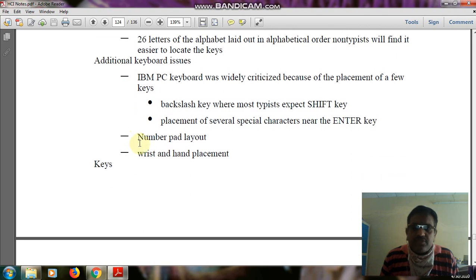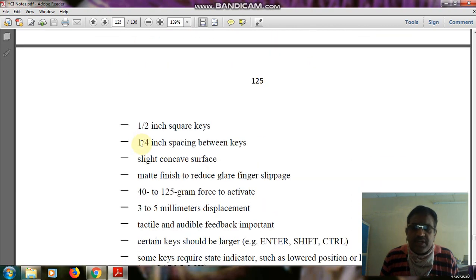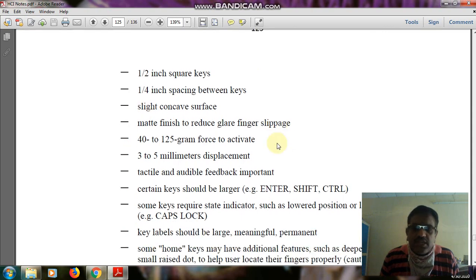So plenty of things are available in the particular format, and there are properties given for keyboards manufactured by IBM. IBM follows some principles and rules for manufacturing the keyboards.